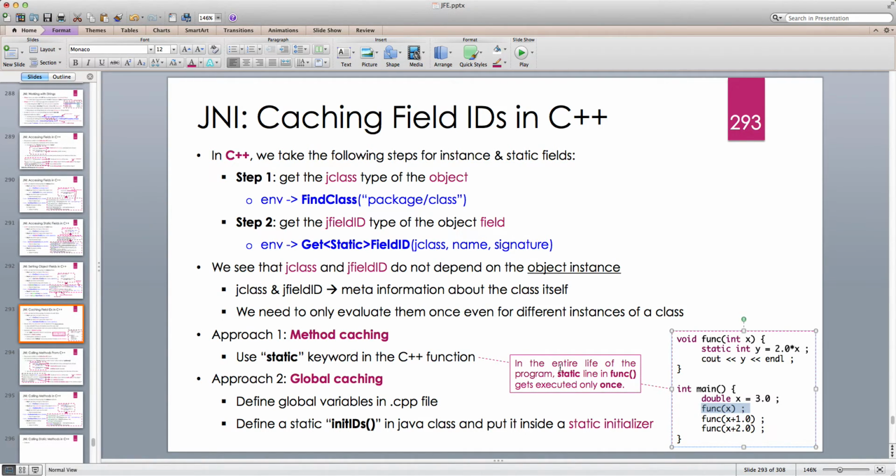All right. So in the entire lifetime of the program where we're using this function, the value of y is set by the very first parameter that we pass to the function, the very first call. All right. So this is the method caching. There is another way of caching. It's called global caching, and